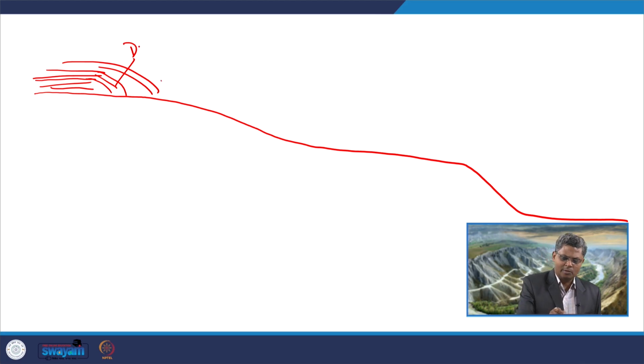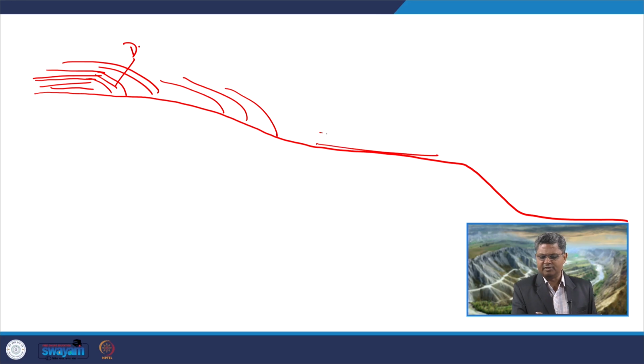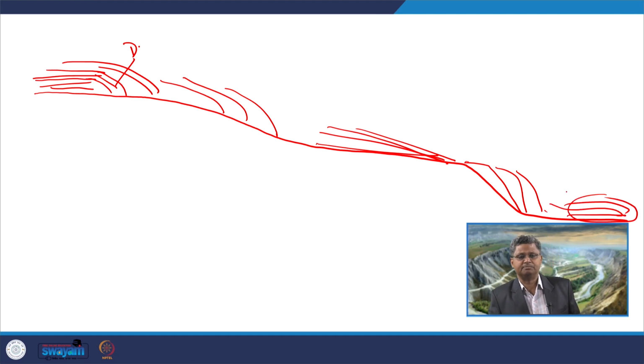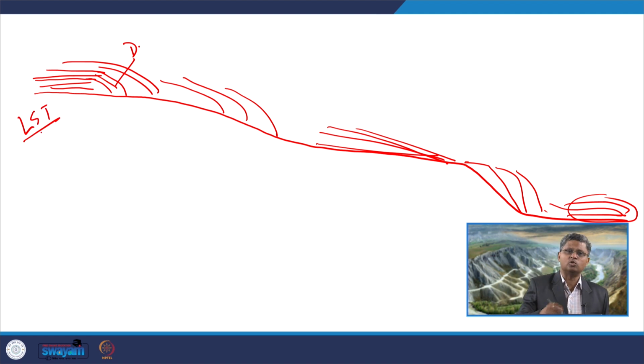In the shallower part, we get shore deposits followed by the shelf deposits, which are also prograding to some extent. The maximum deposition occurs over here, forming a shelf edge delta, and from there we can get some mass flow deposits occurring over here in the deeper part of the basin. So, this is happening during the lowstand systems tract or lowstand normal regression at different parts of the basin.